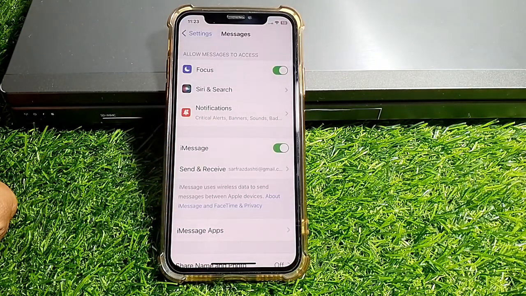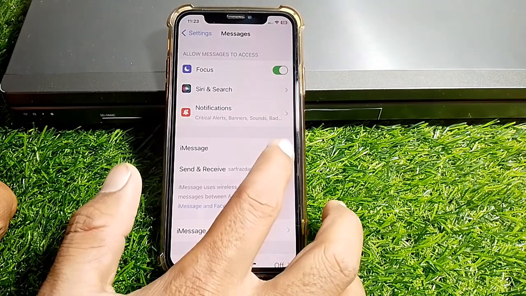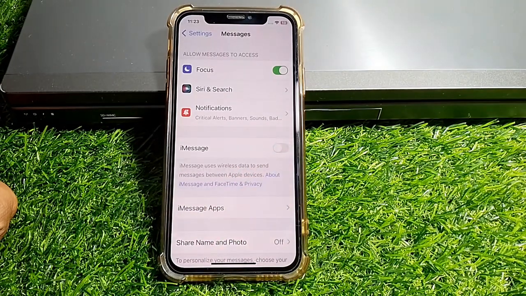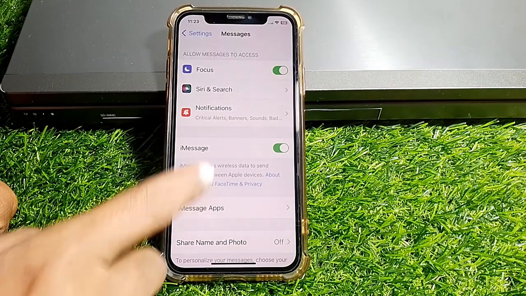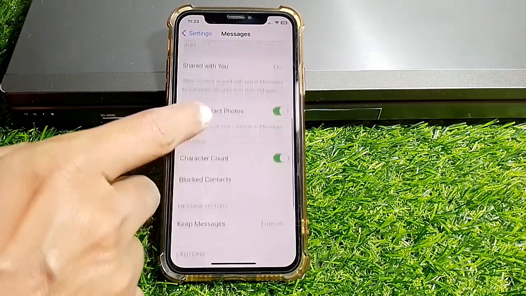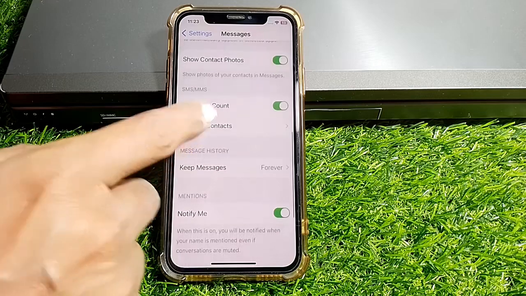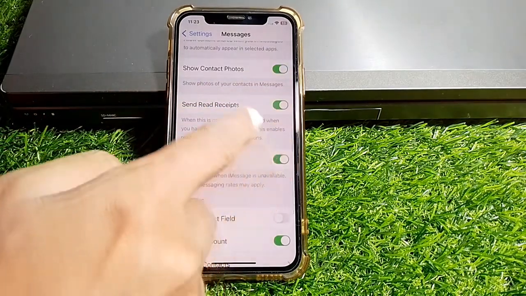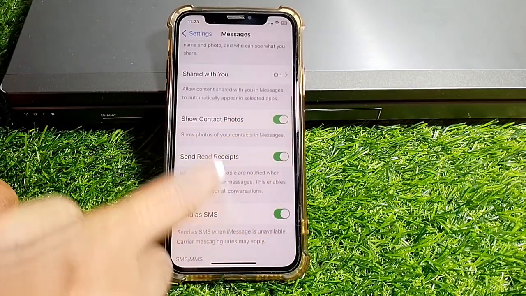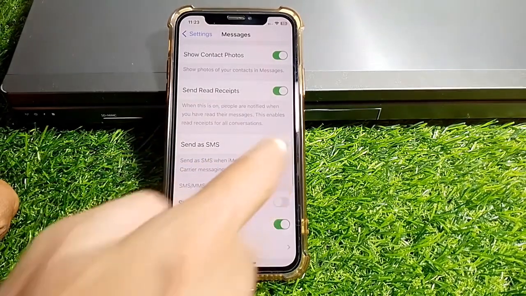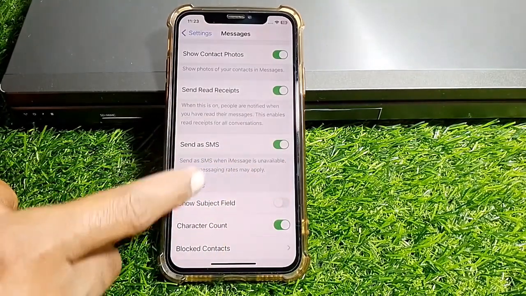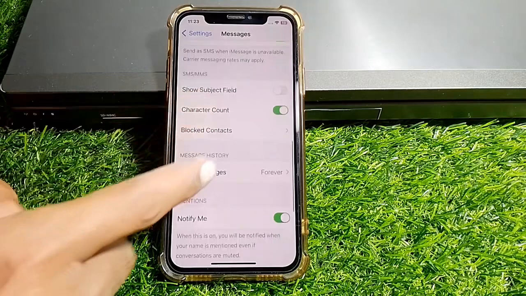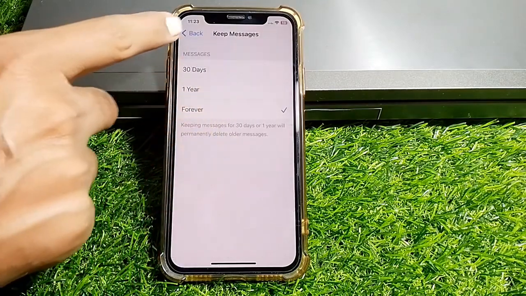So after that guys, what you need to do is just simply turn off your iMessage for at least 2 or 3 seconds and turn it on again. And after that, scroll down. So from here guys, what you need to do is just simply turn this toggle on. Now after that, you have to turn this off and then turn it on again. Once it's done for you guys, just simply scroll on, tap on keep messages, check on forever,